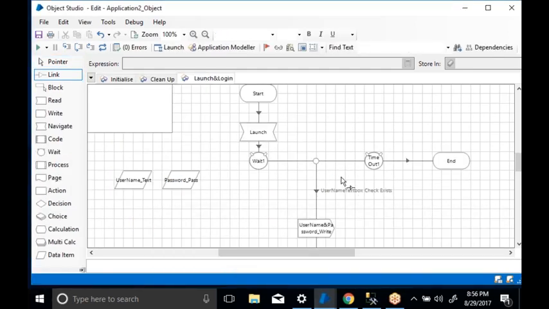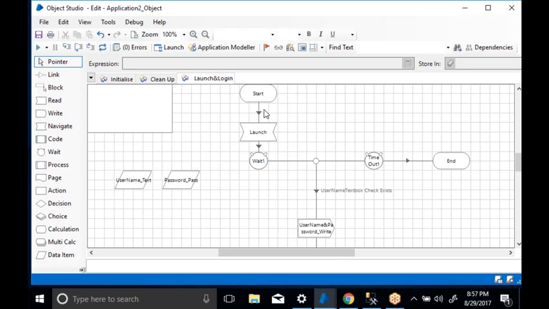Now for your application object, what is required to log into the application after launching? Required are the username and password. The inputs for the login page are the username and a password. For every Blue Prism object or process, the process starts where we can create the inputs and the outputs. Whatever is required by the particular action page are the inputs. What we are going to deliver from the particular action page are the outputs.